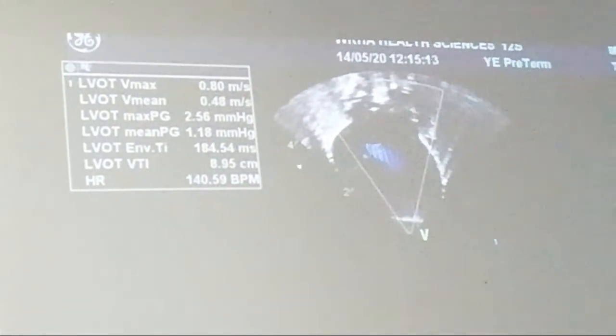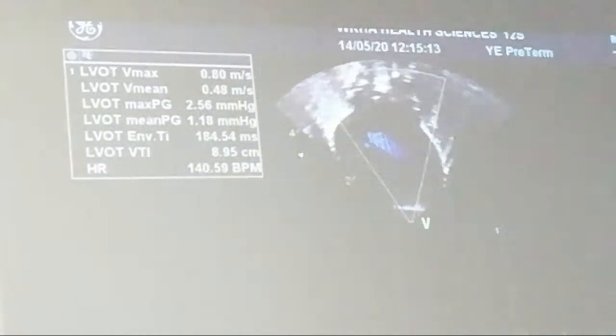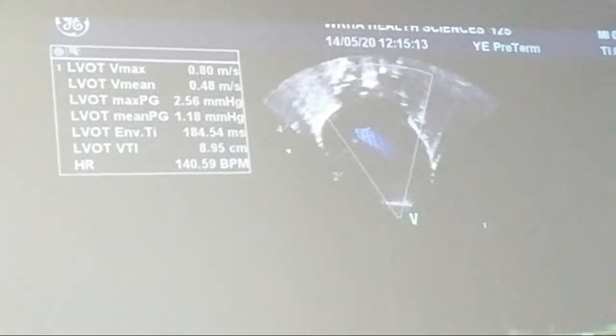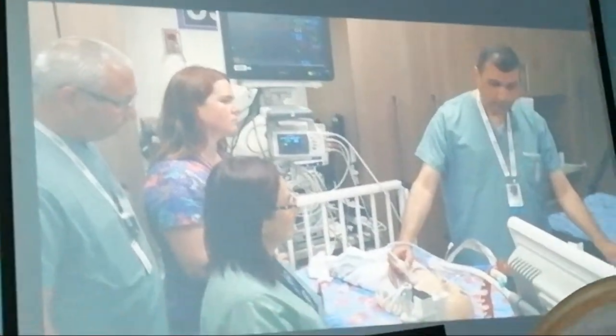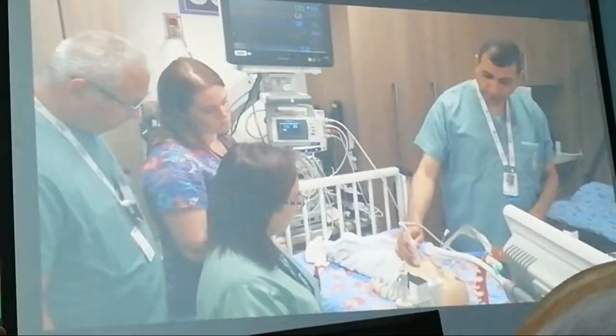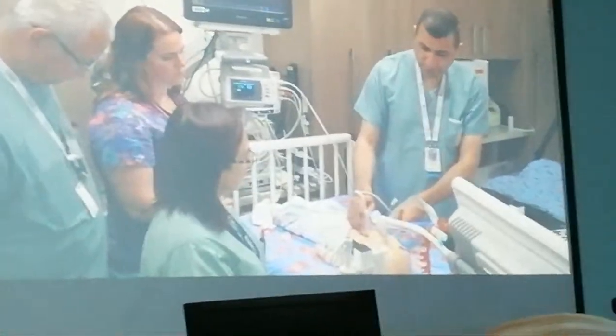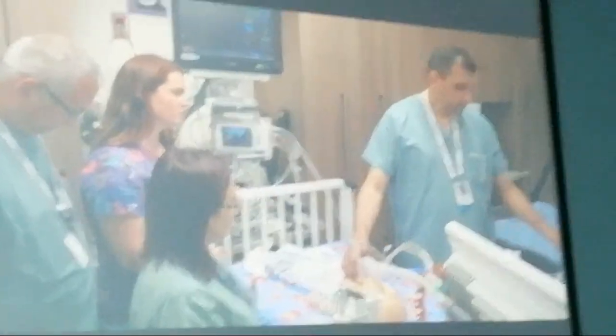So I have the number here, and then I need the diameter of the left ventricular outflow and the heart rate to calculate the cardiac output. So we can do that later. Now I will move the probe to the parasternal long axis view, with the index mark towards the right shoulder of the baby. So now I can see